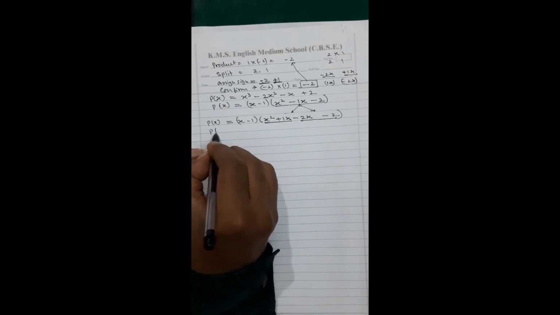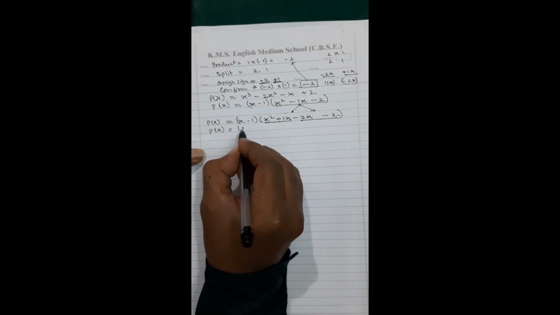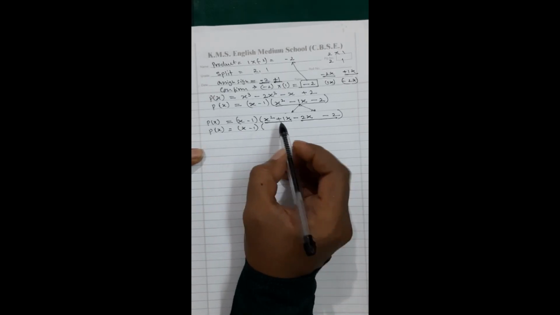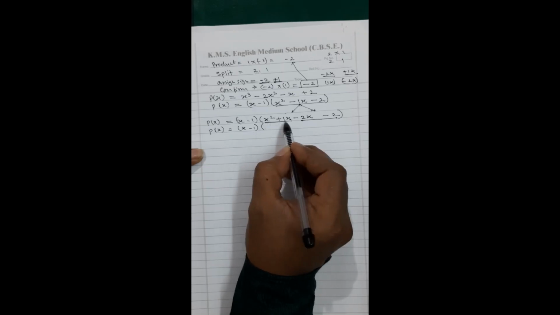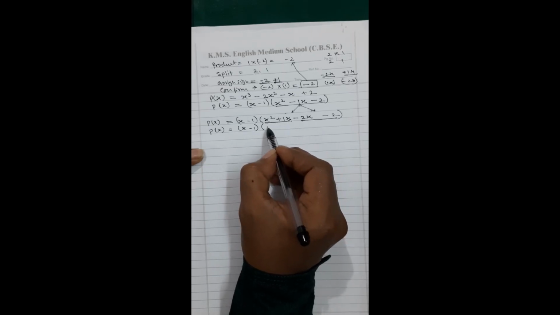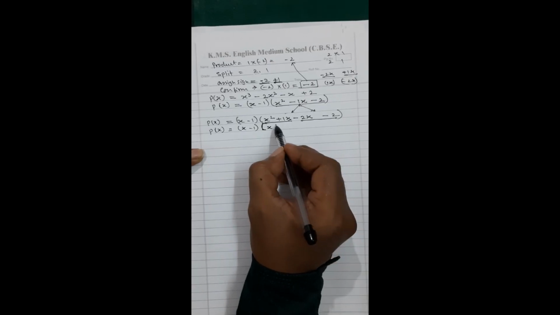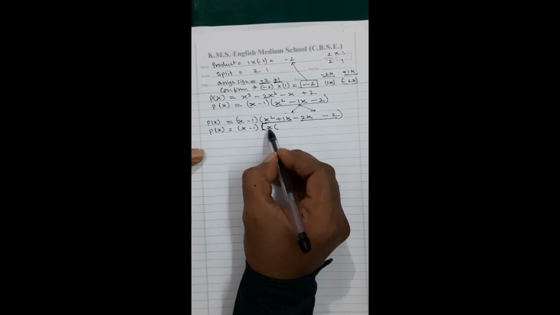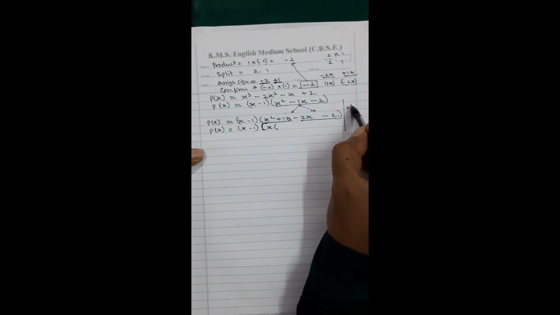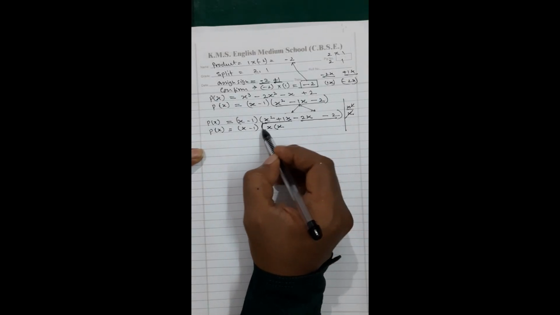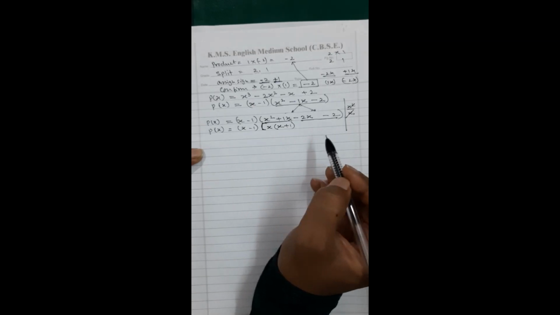So P of x is equal to x minus 1. Here if I find the common factor, x is present in both. The smaller power will go outside. Now if I divide this, x square upon x, 1x will come over here. x has gone outside, plus 1 remains inside.